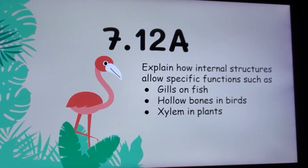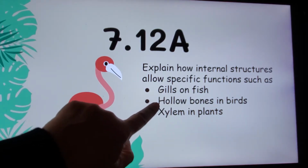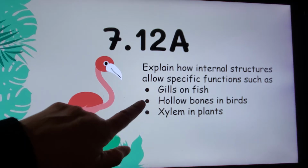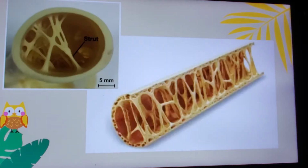Specifically, 712A, having to do with hollow bones in birds. The State of Texas wants you to be able to explain how this internal structure, found inside the bird, allows birds to be successful. How did that adaptation, that change that happened inside their body, make them more successful and able to live in their environment? So here are two really good pictures that depict what the inside of some of the bird bones